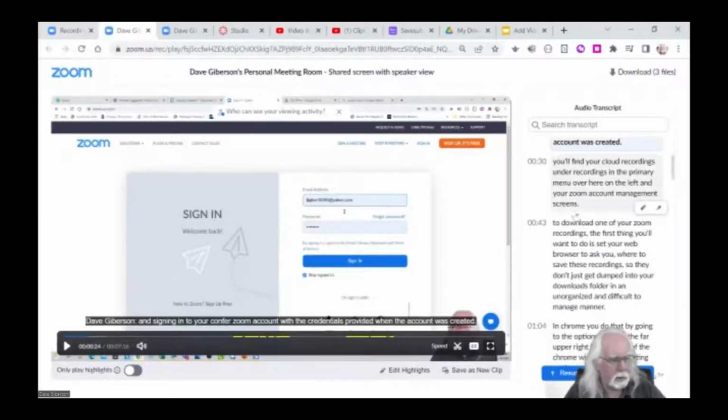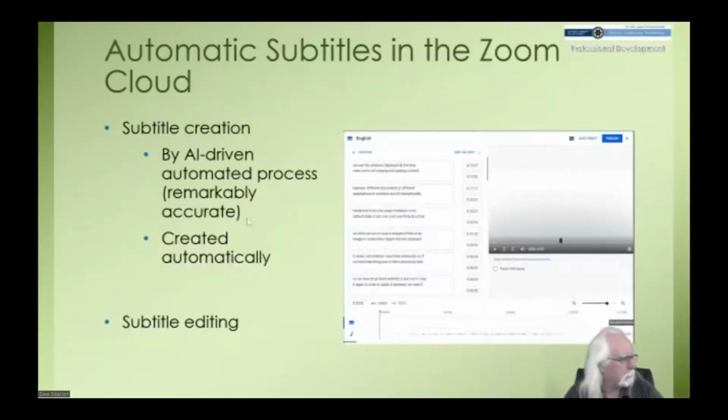Okay. Moving on. That pretty much covers Zoom and accessibility of Zoom recordings. Let's move on